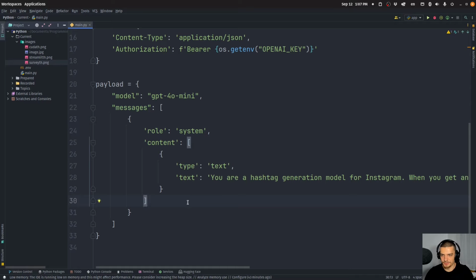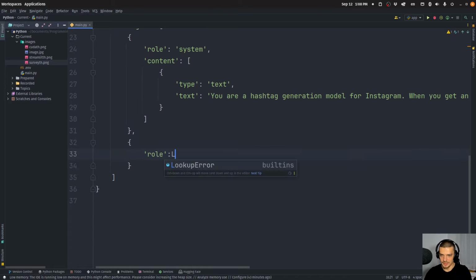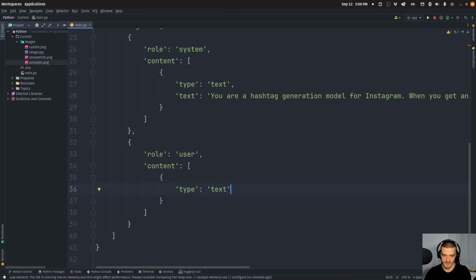And in addition to the system prompt, we now also want to add the actual image. So the actual image prompt from the user. For this, we're going to say role is equal to user, and the user will pass content again. The content is going to again be a list, and in this list, we're going to have a dictionary, and this dictionary will have the type, first of all, text, because we'll also want to have, I mean, this is optional, but you also want to have maybe a prompt like provide hashtags for the image. So here we're going to say the text is going to be equal to provide the hashtags for this image,